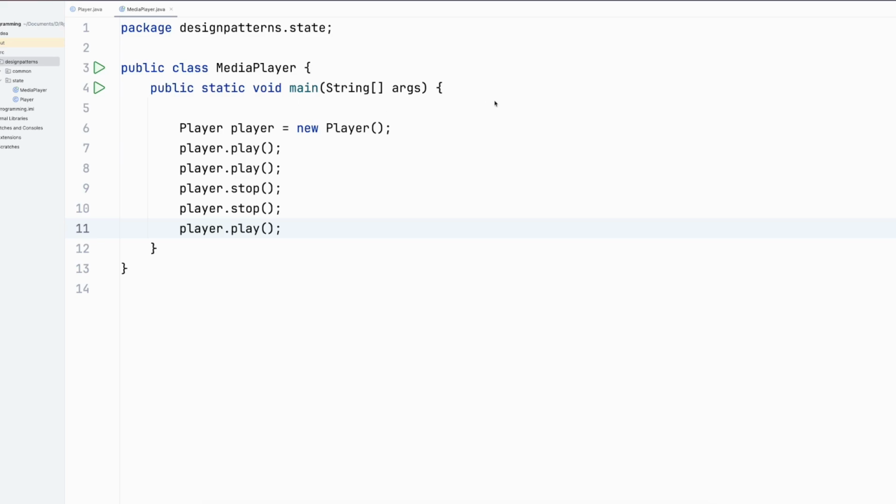So here I have code for a media player where I'm creating an object for the player and I am playing the media player, and since it is already playing, I start playing it again, then I'm stopping it, then again I'm stopping it, and again I am playing it. So if I run this,